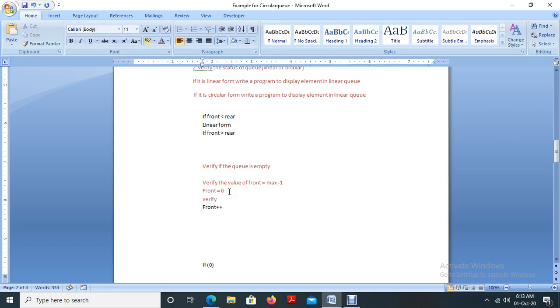Verify the queue is having only one element.